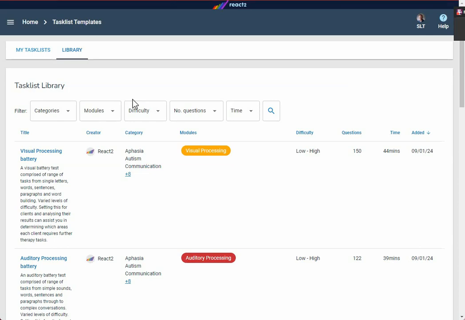How to use the Tasklist Library. Well, we've signed in as a therapist and we've come to our Tasklist Templates page. And here we have two tabs at the top. One is My Tasklist, which I've created,